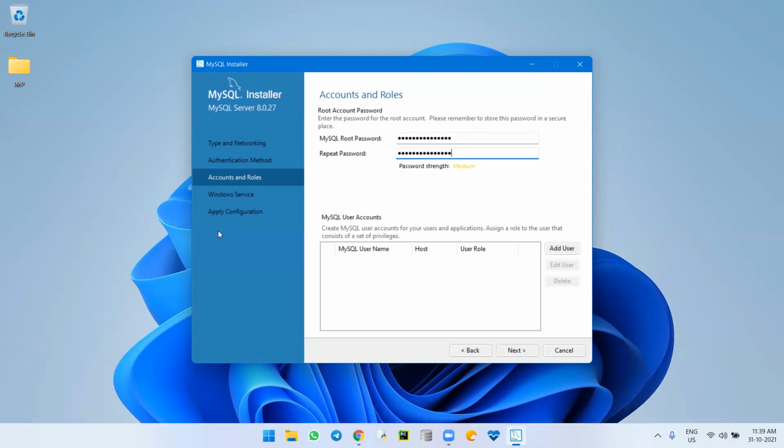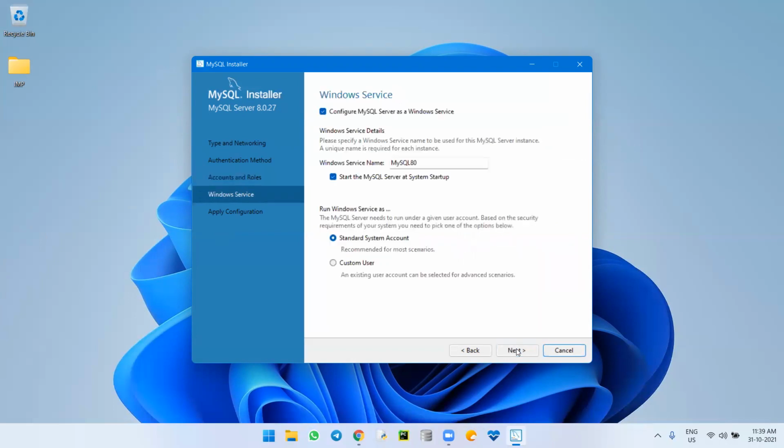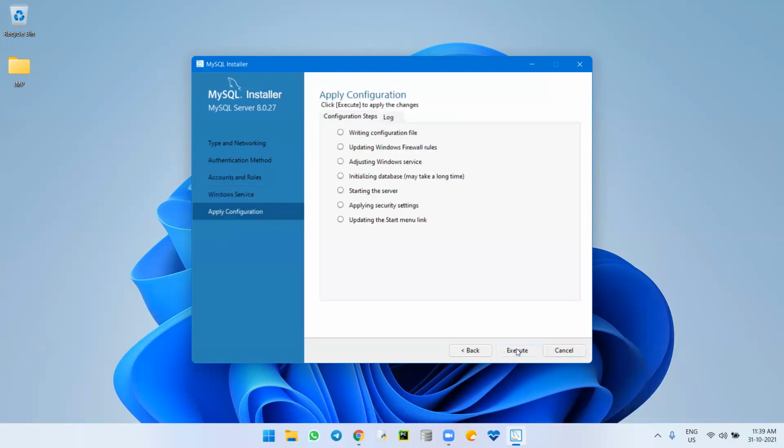So you need to check that. Even it will suggest a strong password. So I created one password. You can create your own password how you want for the root, and click on next. Click on next. Click on execute.